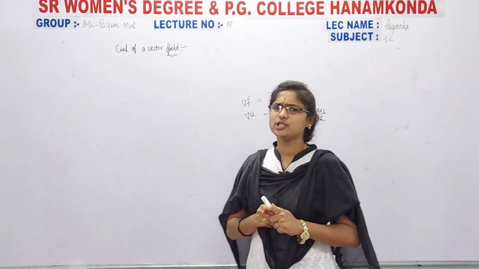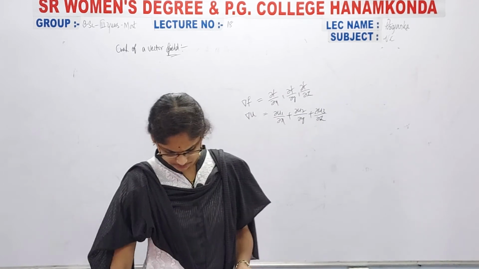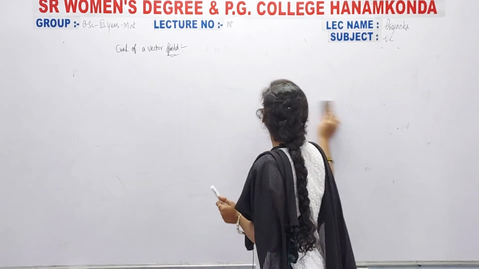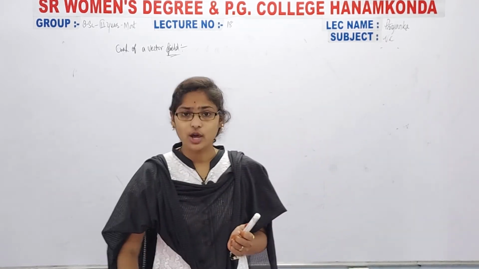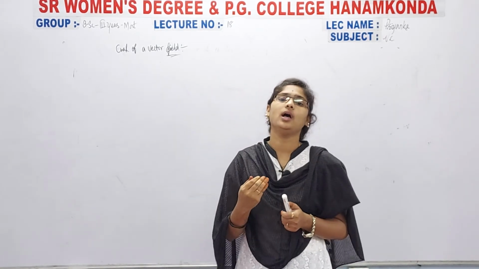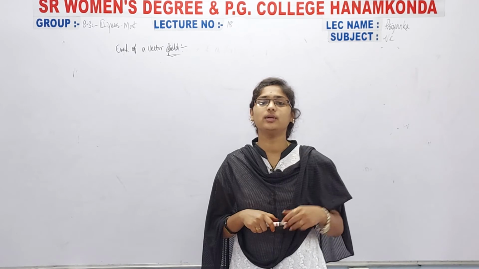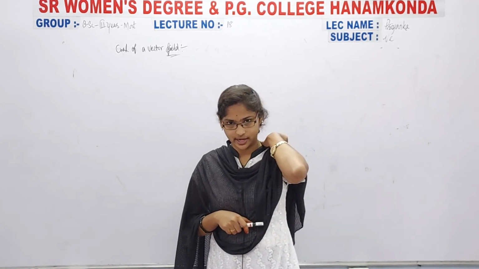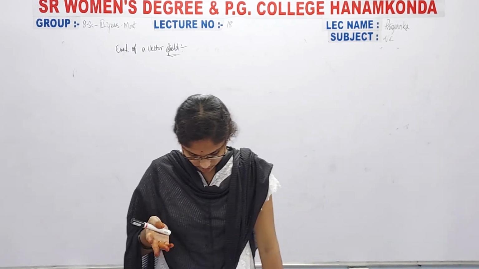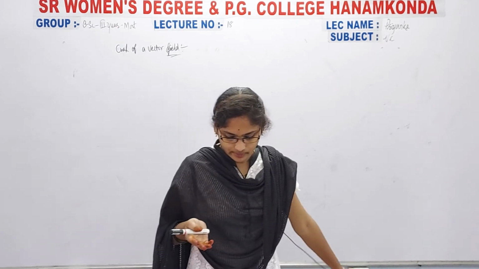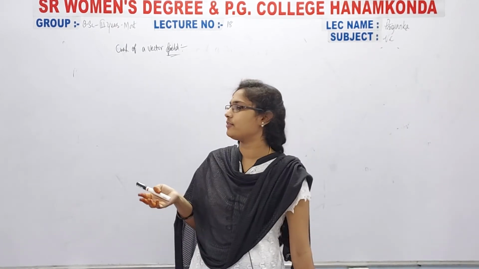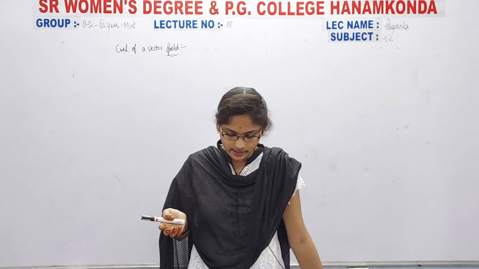And now this curl is totally different because here we are going to take the cross product. Till now we were taking the dot product, no. So from now onwards we are going to take the curl as a cross product. I hope you know about the dot product and the cross product because you already learned them in your intermediate physics subjects. So now write down a side heading, curl of a vector field, and write down the curl of a vector field u.